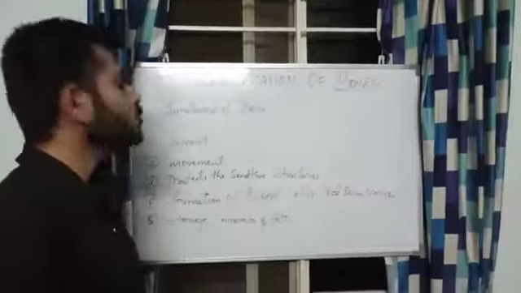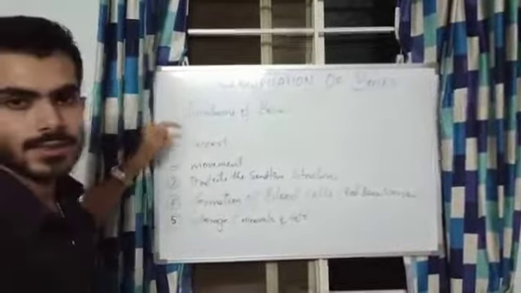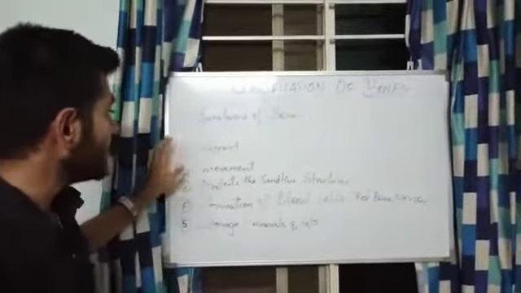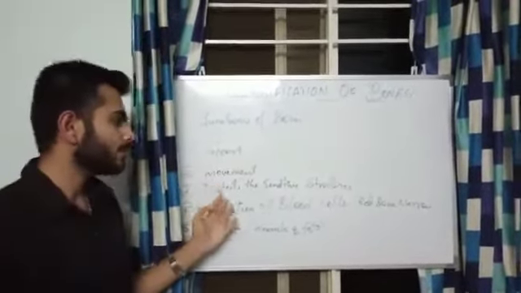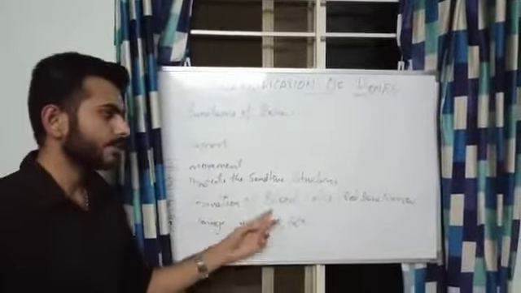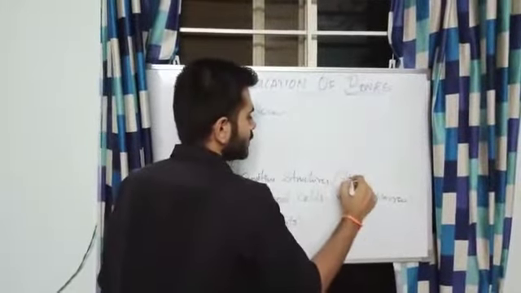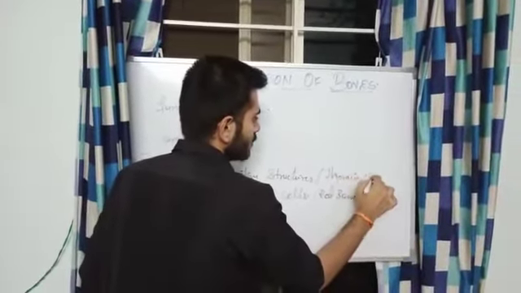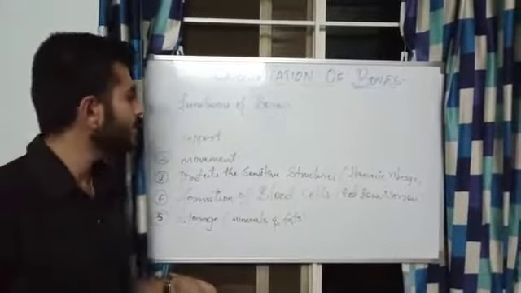Okay, so moving on to the functions of the bone, we have the first and foremost, that is the bones are helpful in supporting the skeletal system. Next, it is helpful for the movement. Then we have the protection, that is it protects the sensitive structures. For example, we have the thoracic rib cage which protects the internal organs such as lungs and heart.